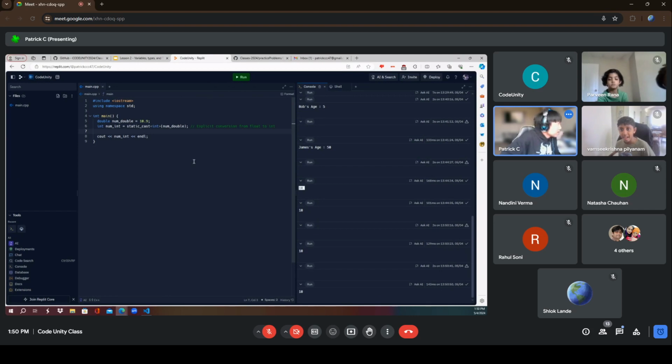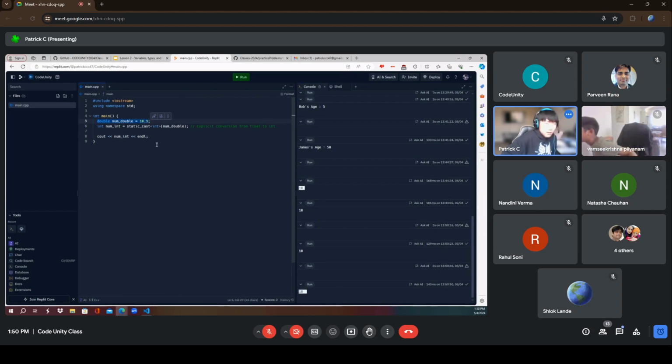You might be thinking this is kind of weird because we have a double here and that's 10.9. And now we're explicitly converting that to an integer. So you would expect it should be converted to 11, right?